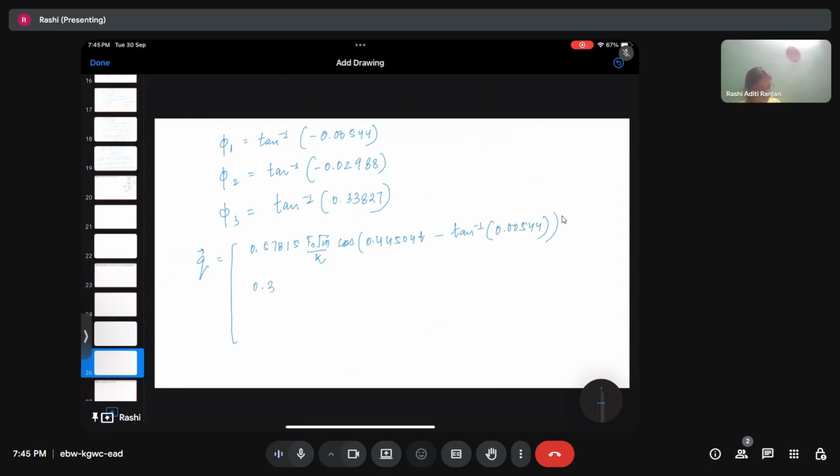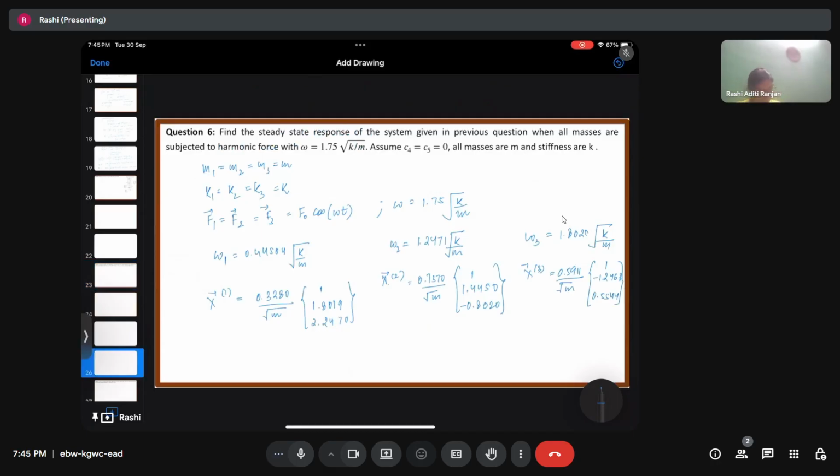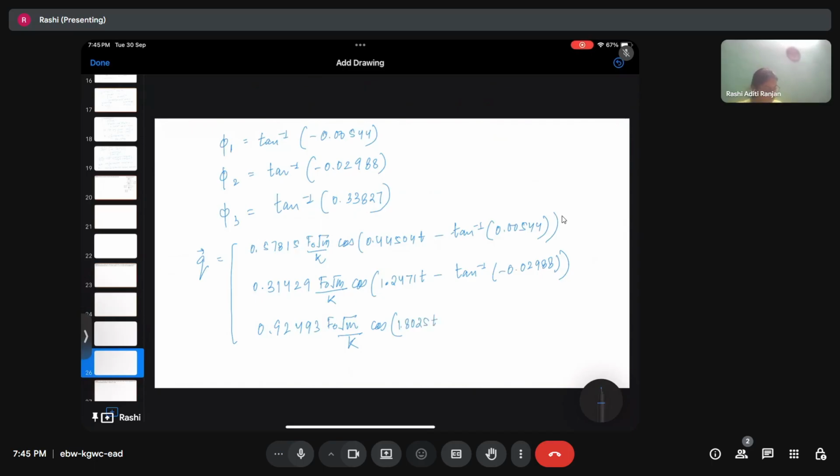The second one is 0.31429 f naught under root m by k cos of 1.2471 t minus tan inverse of 0.02988, and the third one is 0.92493 f naught under root m by k cos of 1.8025 t minus tan inverse of 0.33827. So this is the q vector, and we can write the solution x of t as